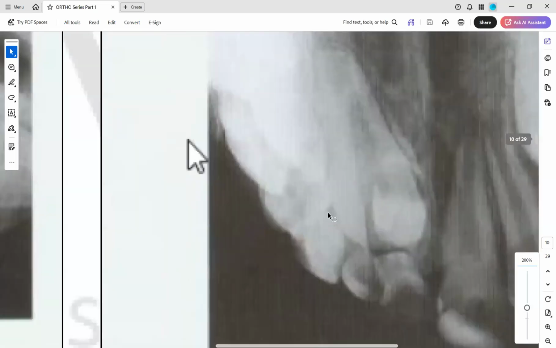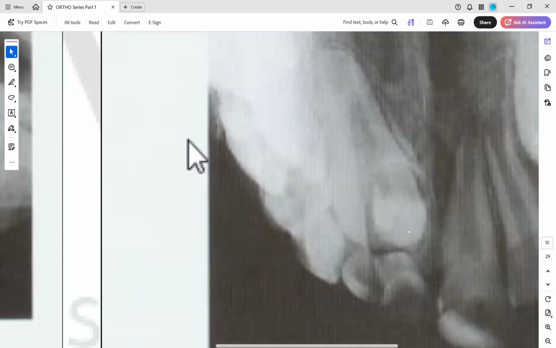Now here, can you appreciate the tooth bud is present, the central incisor is present, but do you see another crypt here? On top of it, do you see another crypt of your supernumerary? Can you all appreciate that? That central incisor is present. The root is more than two-third formed. So it is impacted, right? It is not in an abnormal position. There is no dilaceration, there is no bending. But there is another crypt here which is hindering the eruption of your central incisor. It is your mesiodens supernumerary.